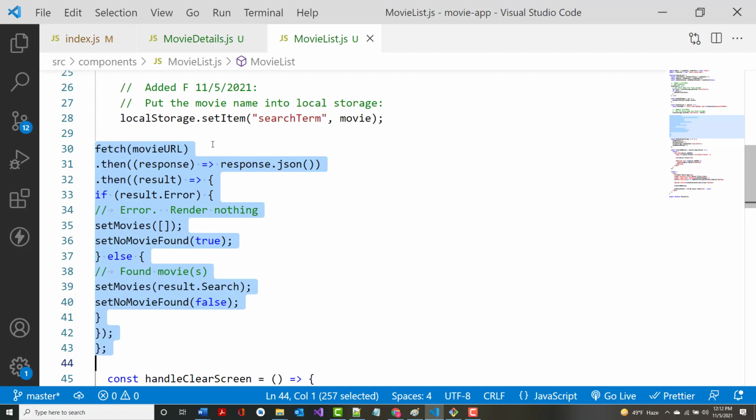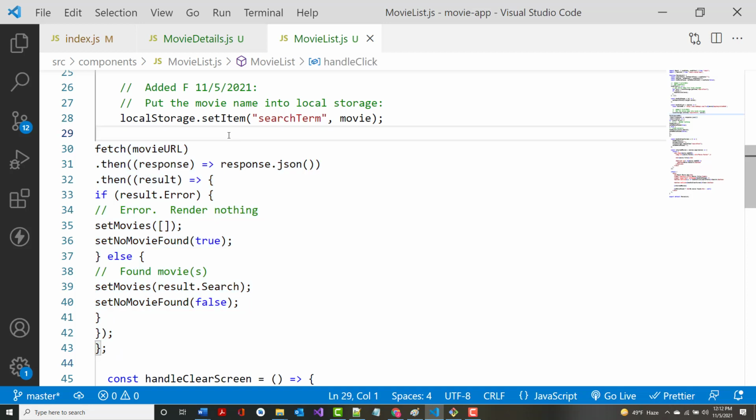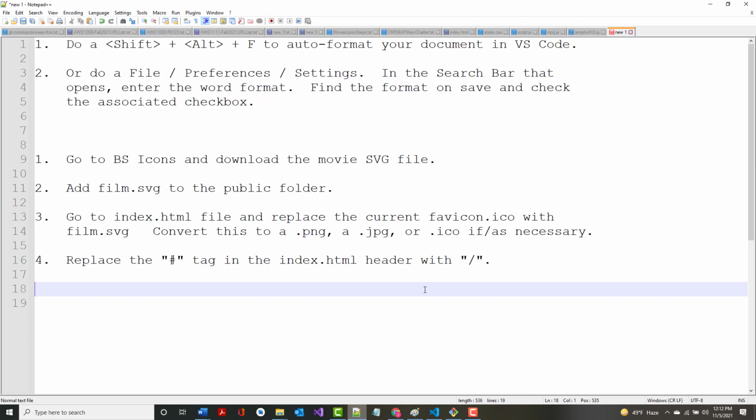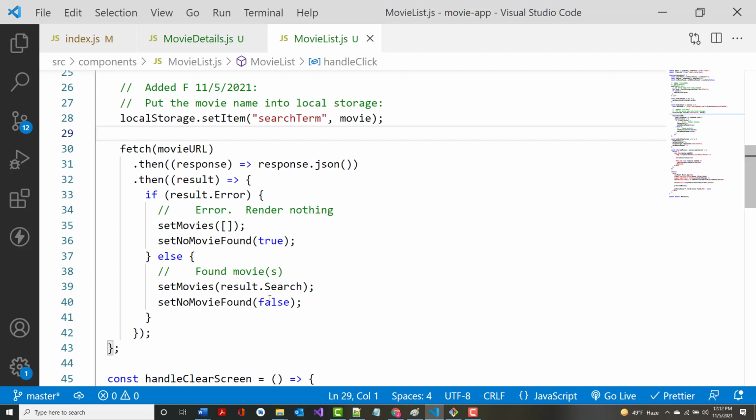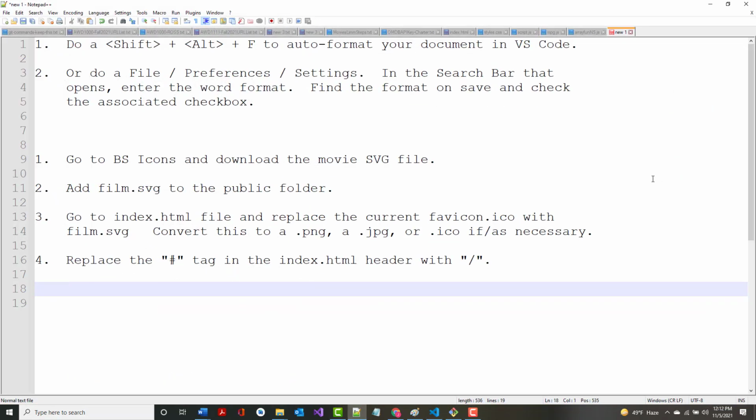All right, but if I go back and I do another Shift-Alt-F, watch what happens. Shift-Alt-F. See what it did? It automatically formats it for you, which I think is nice. All right, a lot of times you'll copy some code from here to there and the formatting will get all screwed up. So this is one way that you can bring it back. All right, and adding on top of that,